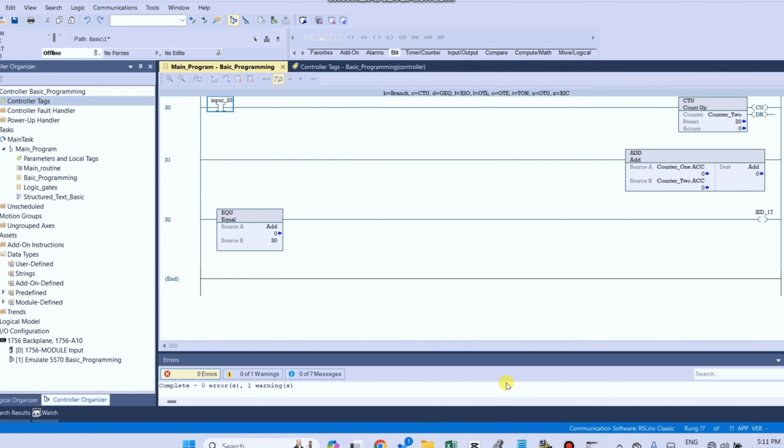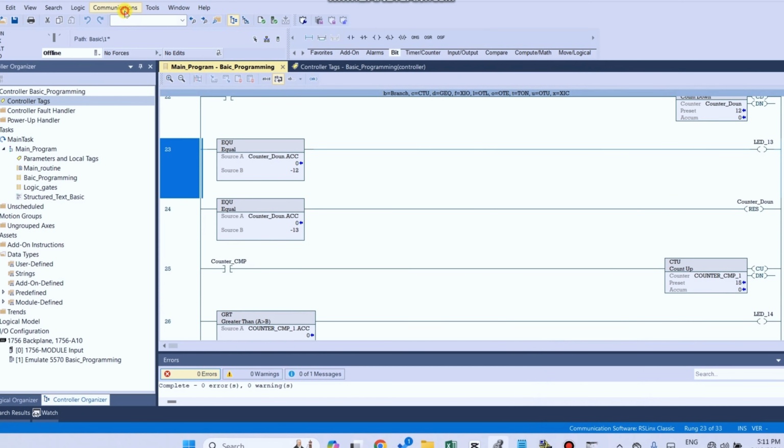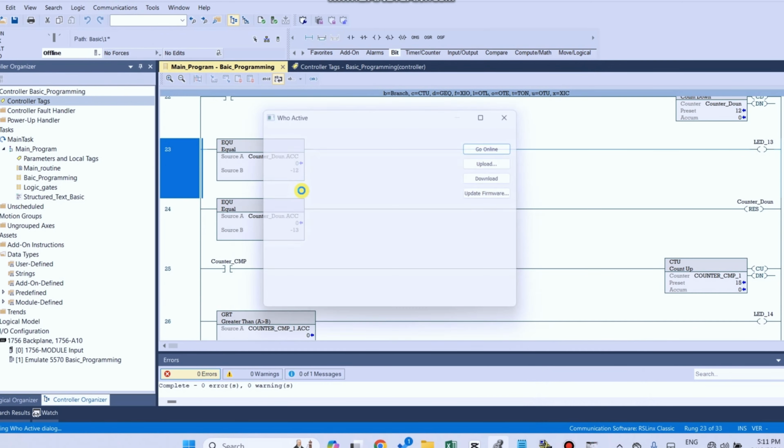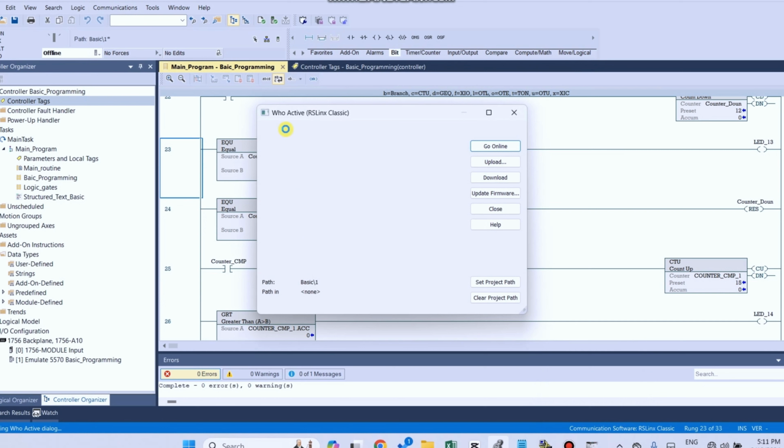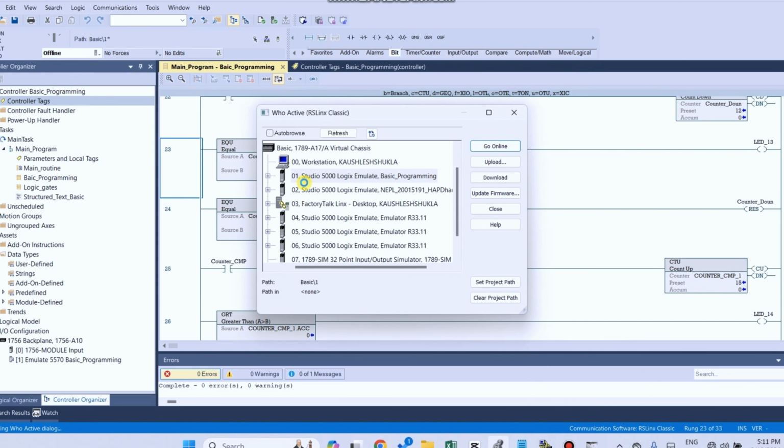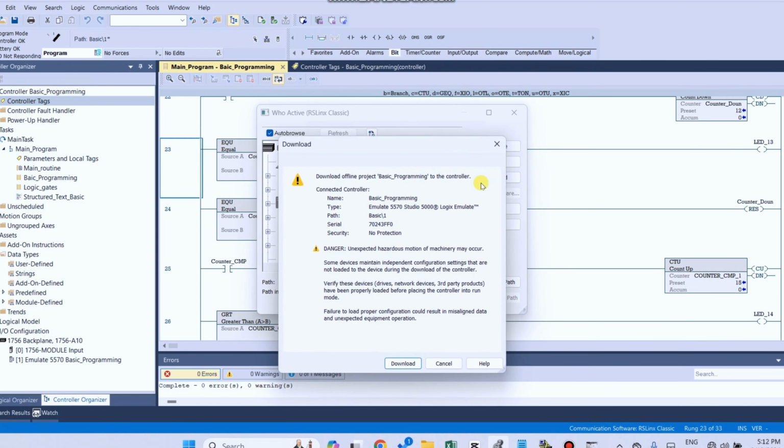After compile, again click on communication and Who Active, select the hardware emulator and click on download. Let's check what happens again. Select download.